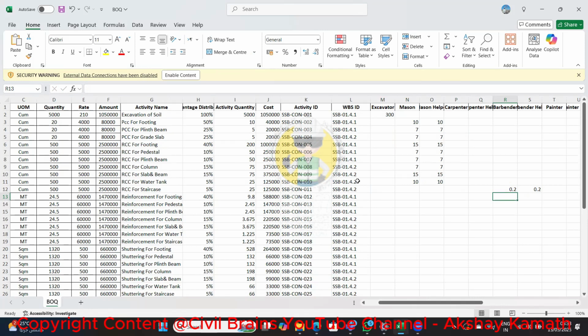for the pedestal also we can consider what they can do. This is a column, so they can easily bind minimum 350 kg, because they just bring the reinforcement and bind it there directly. For the footing also we can consider 0.3 and 0.3. Okay, for the plinth beam we can consider 0.25 and 0.25. For a column also we are considering 0.35 and 0.35. For the